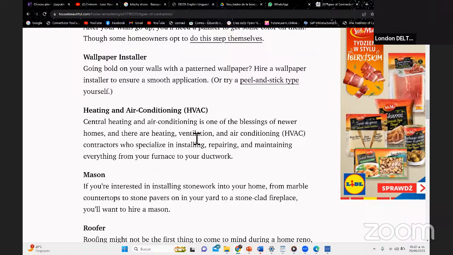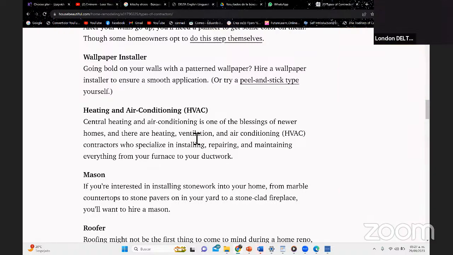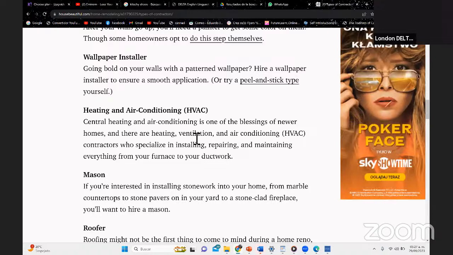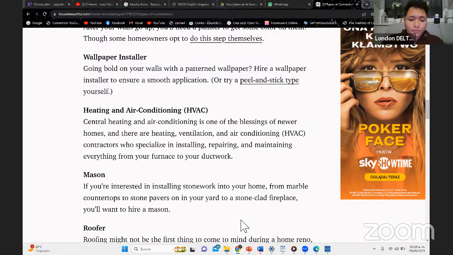Okay, very well. So the definition is clear, right? A person who focuses on fixing heating, que sería como sistemas de calefacción, and air conditioning, y aire acondicionado, right? Okay, so in this case, we could say a specialized technician. So the word for this is technician. Okay, that will be a technician. A technician can help you for many things.